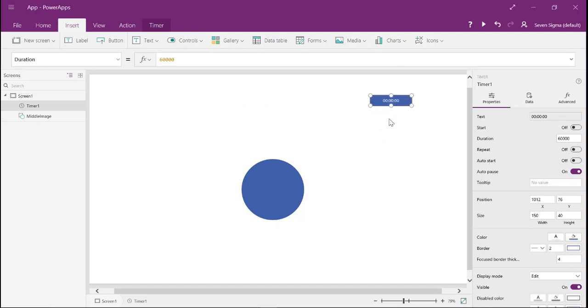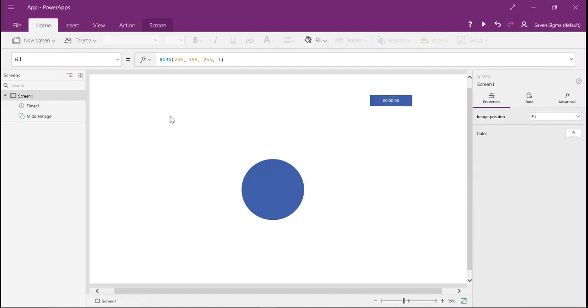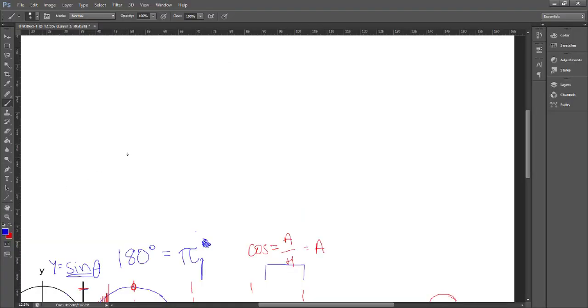So we won't use it yet, and it's called timer 1, so that's cool. So once you've got a timer there, how the movement works, the formula to get it to move, we're just going to look at x for now. So the x coordinate is going to equal the placement, so where you want it to be on the screen, plus